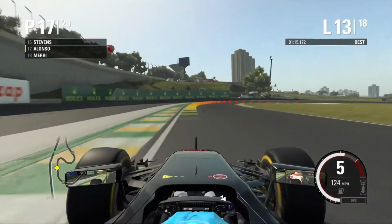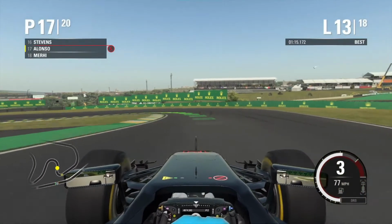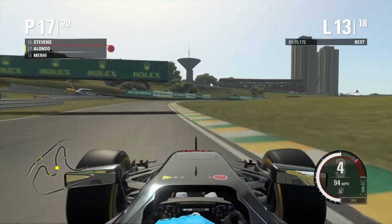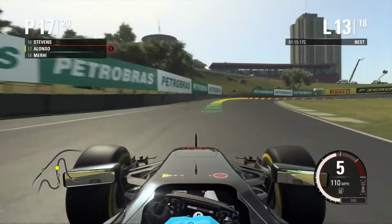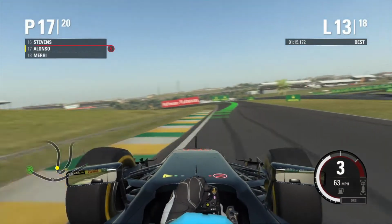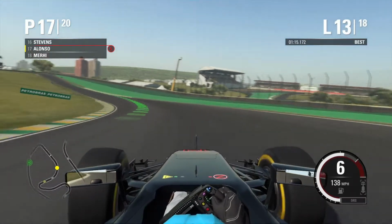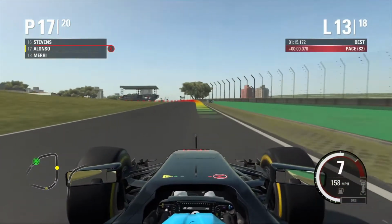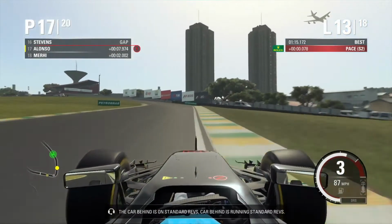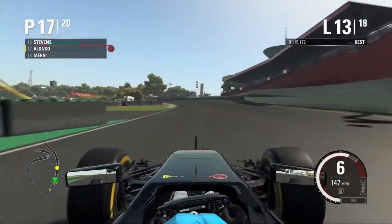Yes, we are. So we swiftly move right around him, very, very easily. So now we're at P17. Doesn't look like we'll be able to catch another car except for Stevens, who is right in front of us. That might be the second to last overtake, as Stevens might be our last overtake of the race, because in front of him I don't really see any cars. So looks like Stevens might be the last overtake of the race, but we'll definitely have to